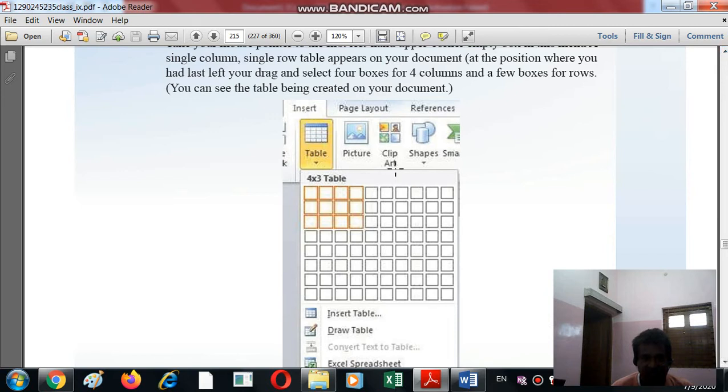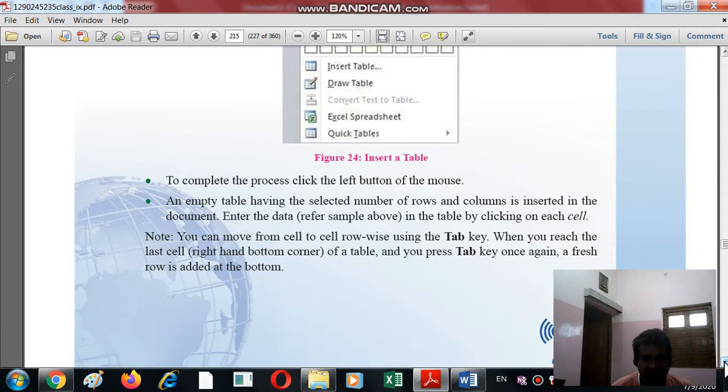Insert, then Table group, then drop-down menu, select the number of rows and number of columns. To complete the process, click the left button of the mouse. An empty table having the selected number of rows and columns is inserted in the document. Enter the data in the table by clicking on each cell.